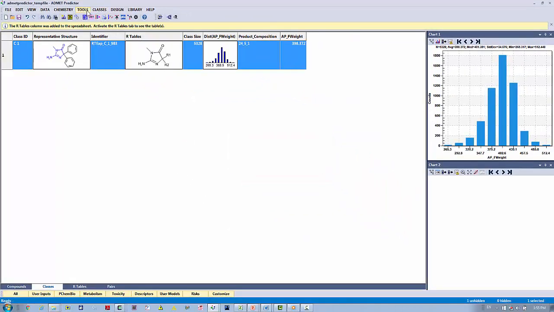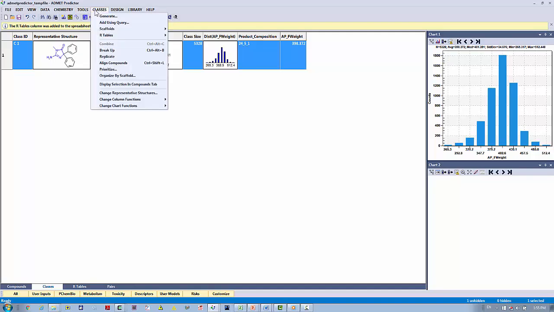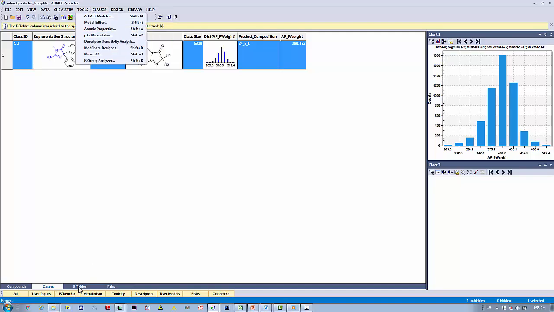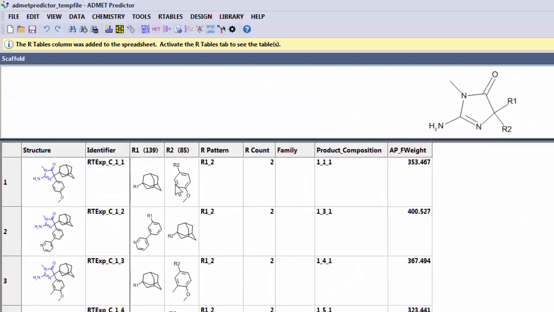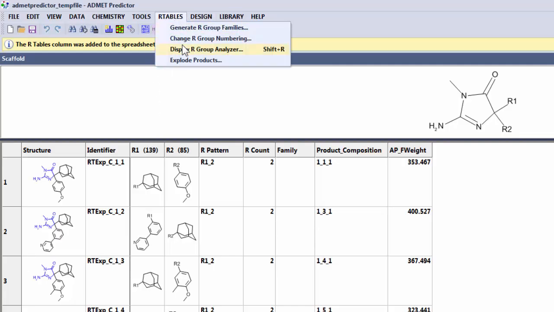And then when we go into the R tables tab here, we see the substituents here, and furthermore we can go into the R group analyzer